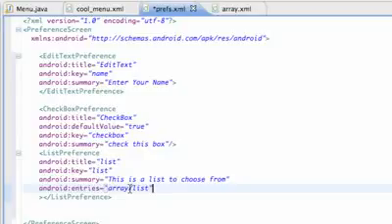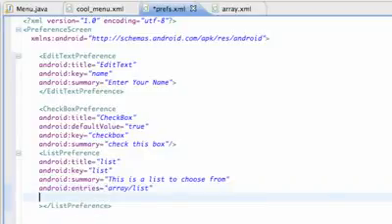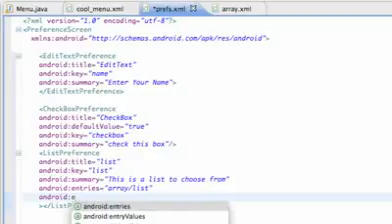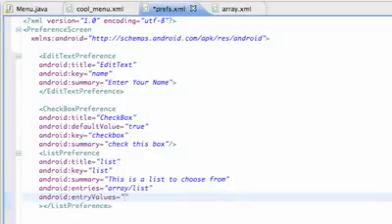So let's say we want one of those items to be checked to start with, and what we're going to do is we're going to set up something basically that's going to refer to the list values for the most part. So we're going to set up something else called android:entryValues, again this is within our list preference, and we're going to say, again, refer to another array. So we're going to say array / values or something like that, or L values,